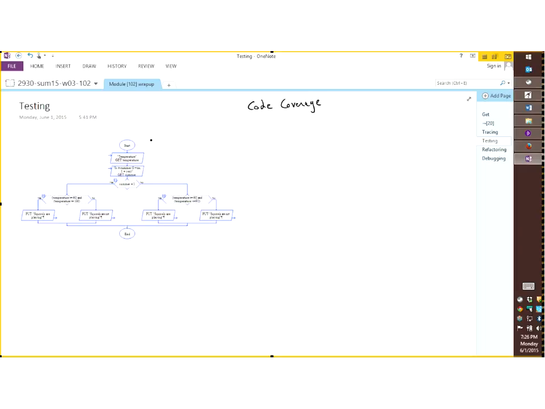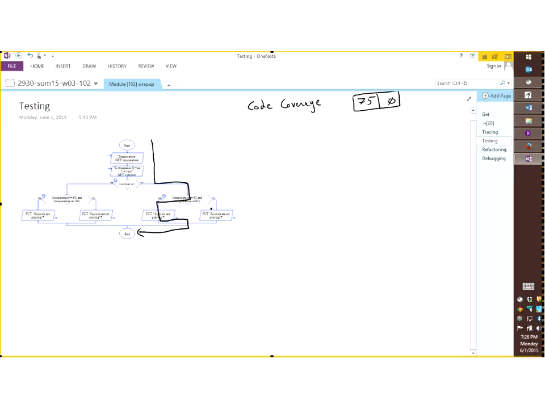Well, what does code coverage mean? That means that in my previous example, this is a path that I followed through the code, right? One of the 4 possible paths of execution. So you could say that what I did when I traced with a value, 75, and then for summer I said 0, was actually a good test for my program. It makes sure that this particular path does what it is expected to do based on the requirement.